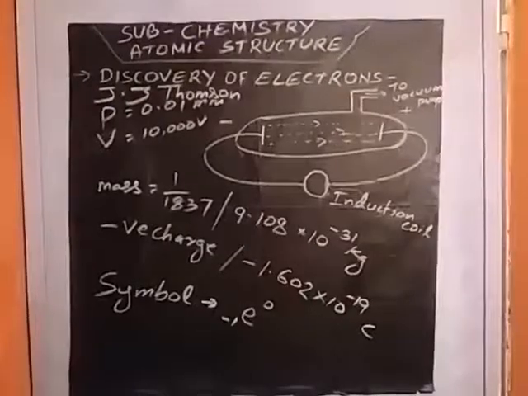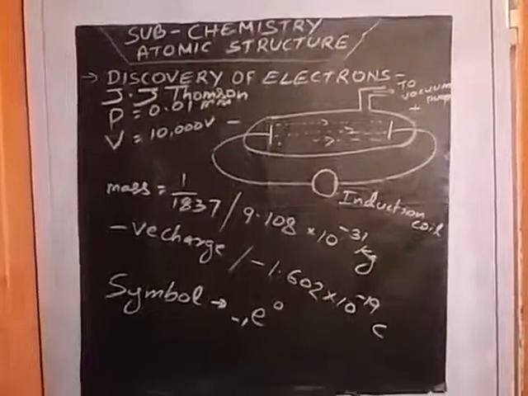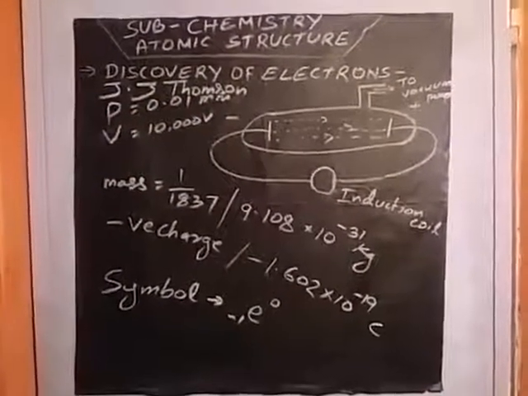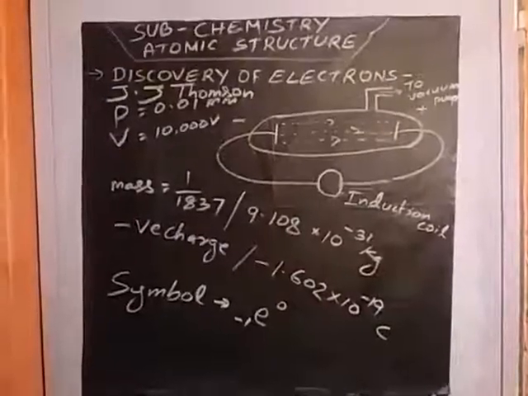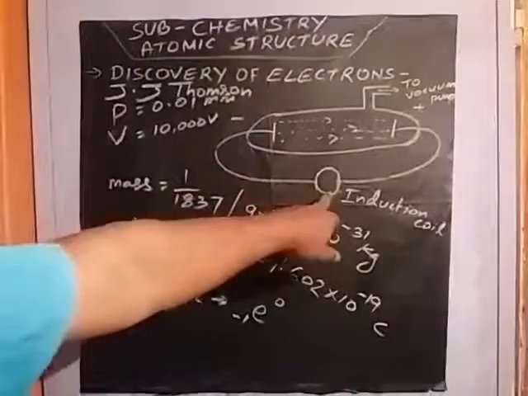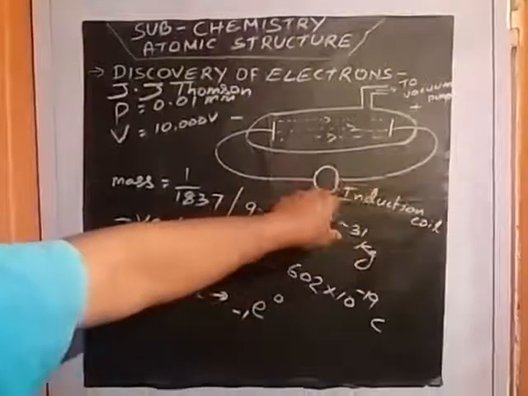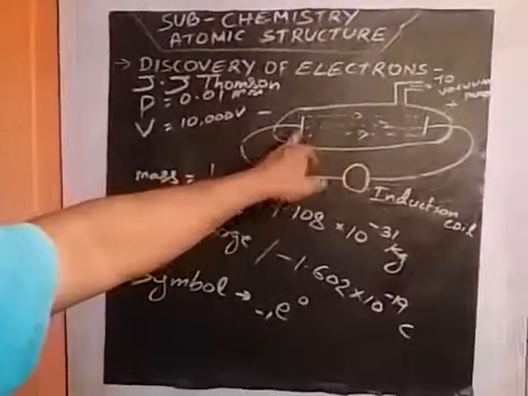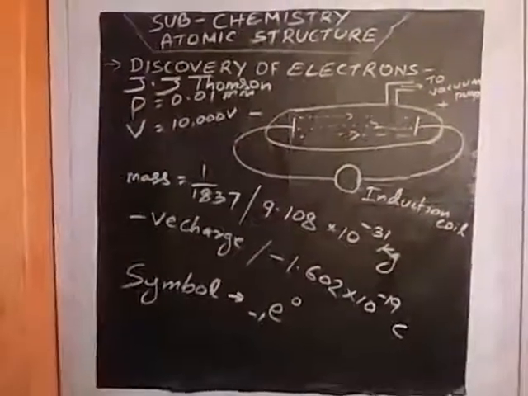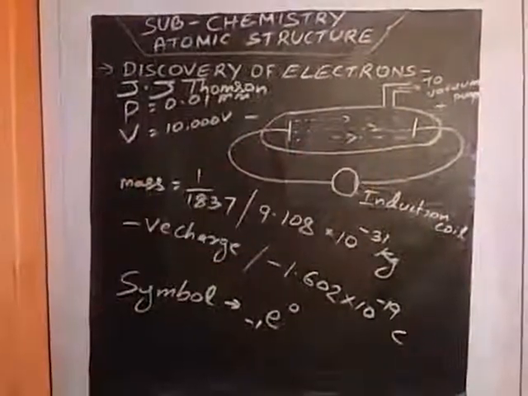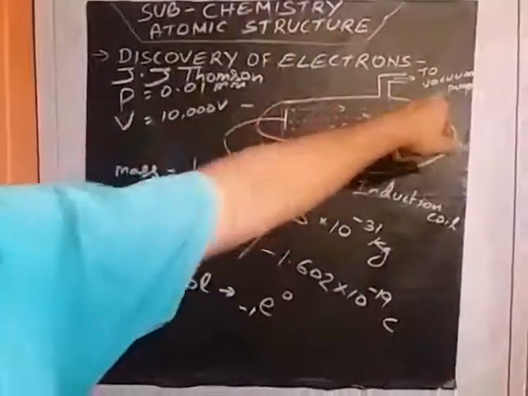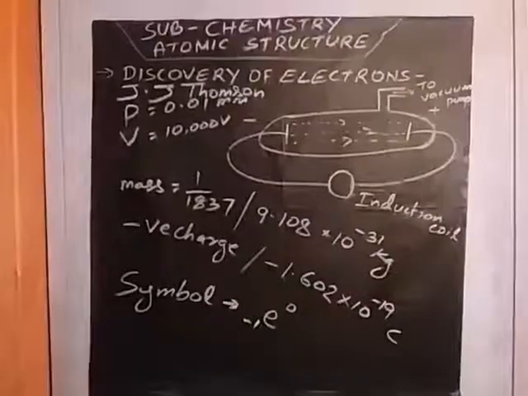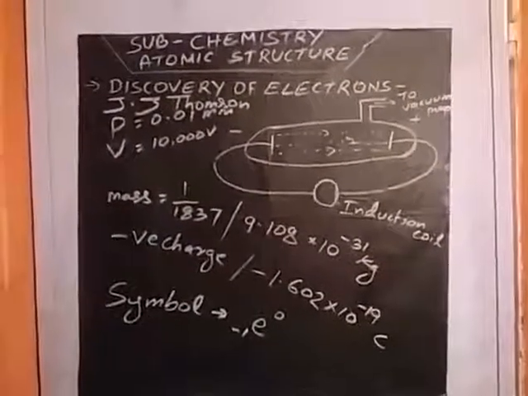In a test tube with gases at very low pressure, the gases become good conductors of electricity at very low pressure and 10,000 volts. Then the cathode rays travel from the cathode towards the anode. When the induction coil is joined, or the key is closed, some rays are observed passing from cathode to anode. That is known as cathode rays, because the cathode is negative and the anode is positive, and the arrow mark is towards the anode. That's why it is known as cathode rays in a discharge tube or cathode ray tube.